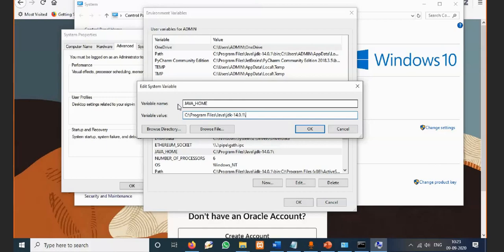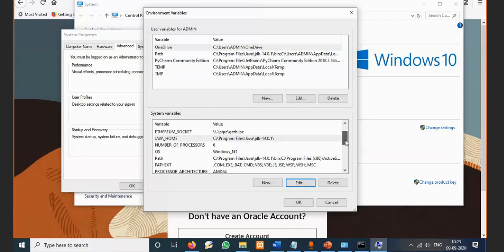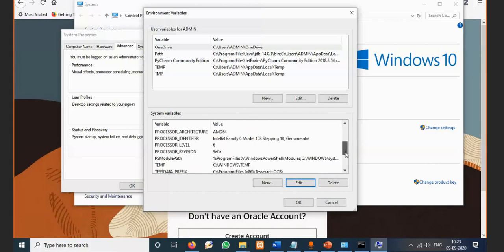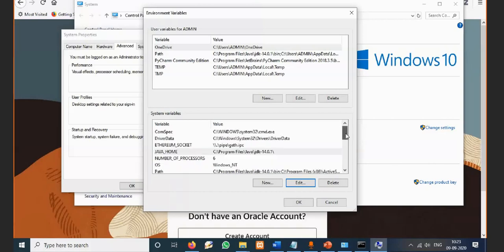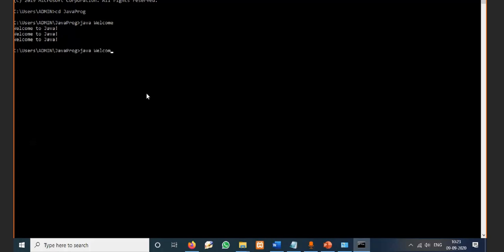So what is this classpath? The same thing here. See, when I come here, what have we done? We have done java followed by Welcome. What is that Welcome? It is a file name, it indicates a class name, correct? So the Java interpreter will look at that Welcome class file. Then again the question comes: where can we search for this class file?